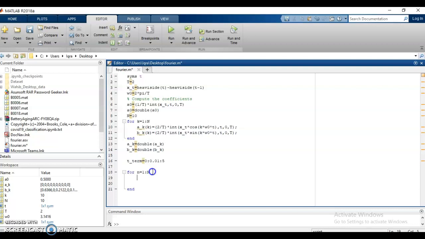And now what we are going to do inside the for loop is we are going to compute the harmonic terms. Okay, so the harmonic terms will be computed as ak at n multiplied by cos of n omega naught into t term.